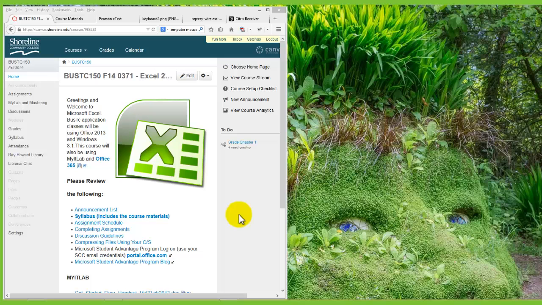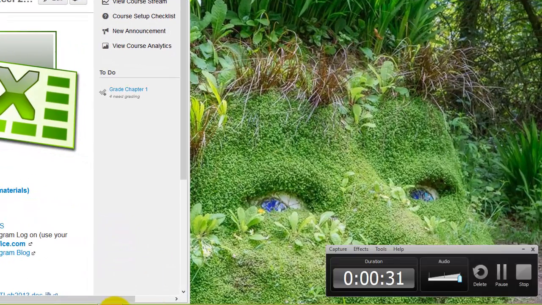In this video, I'm going to show you how to start chapter 1 of the textbook. So I'll start from the very basics, the very first step, which will be getting the data files and getting your flash drive ready. And then I'll move on to My IT Lab and go through the steps using eText. All right, so